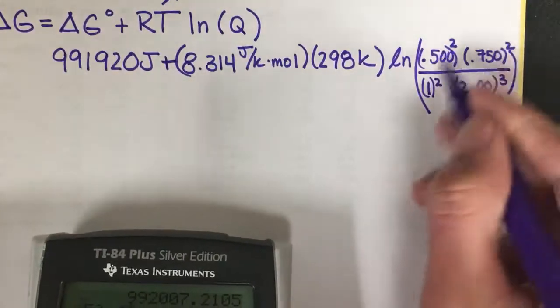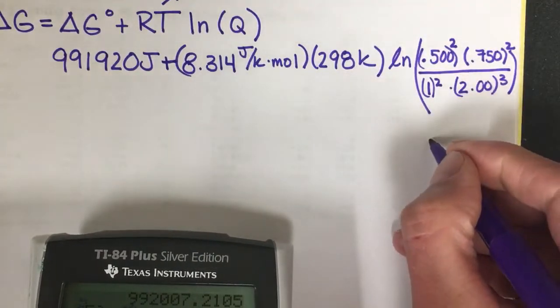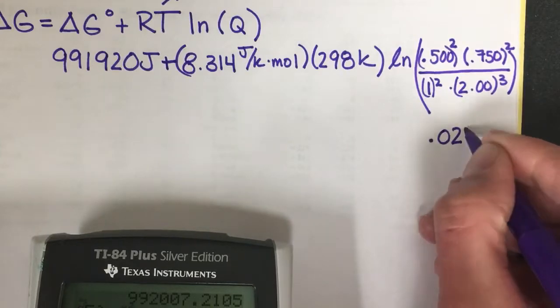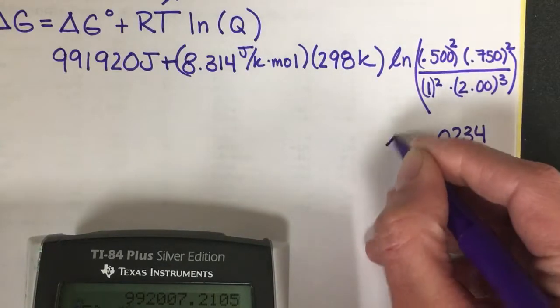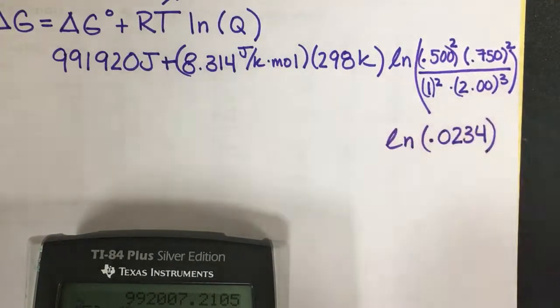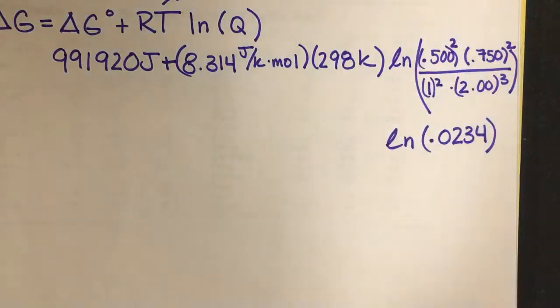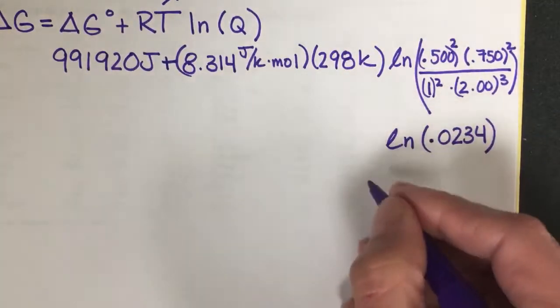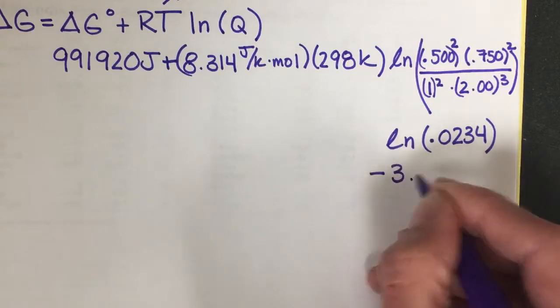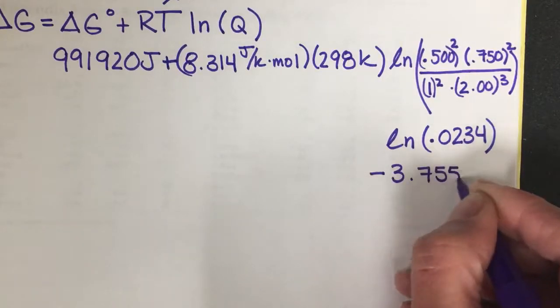So all of this stuff in the middle I got was 0.0234. So I'm going to take the natural log of that. So I get that this is negative 3.755